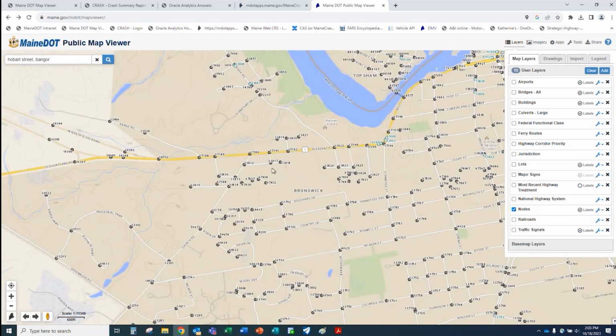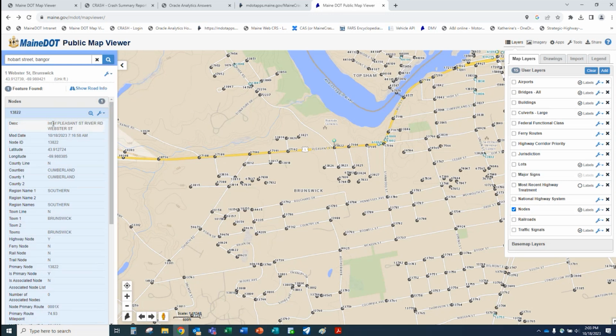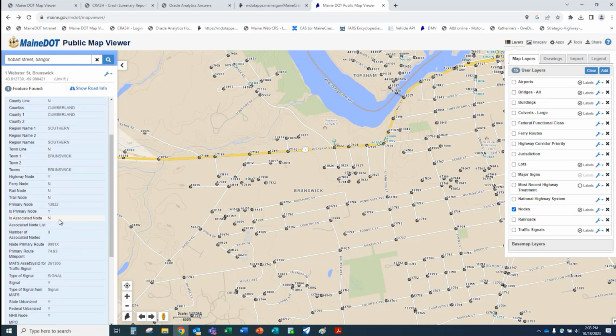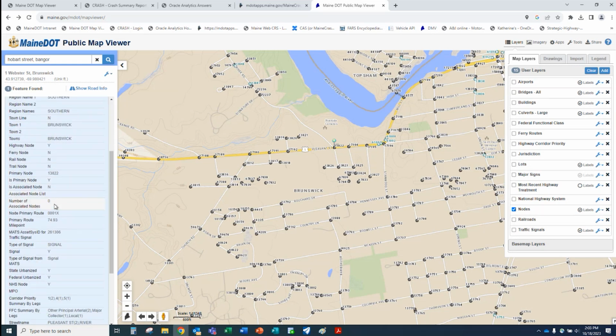Sometimes they're random. Sometimes they might be put at a point where there used to be something there. Sometimes I don't think there's any rhyme or reason. But this node right here, if you were to click on it, the map viewer gives you all of this interesting information in regards to this node. It gives you a description, tells you the lat and longs, and gives you the date that's just for the mapping, what date it was modified.